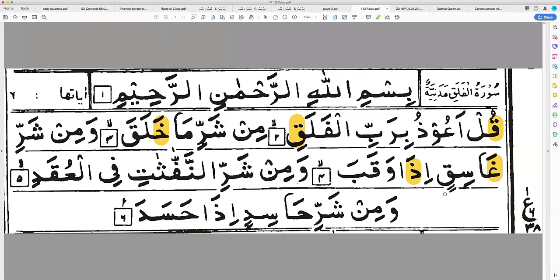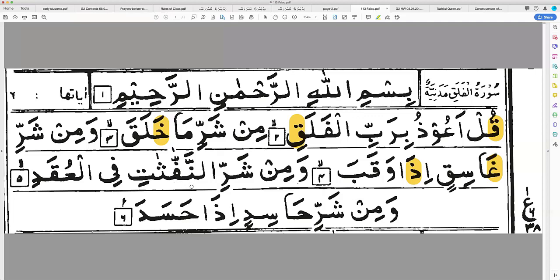Wa min sharri ghasiqin idha waqab. Okay, well done. One more time. Wa min sharri ghasiqin idha waqab. Okay, well done. We're going to work on your thick sounds as you go through the term, inshallah. Let's move on. Wa min sharrin